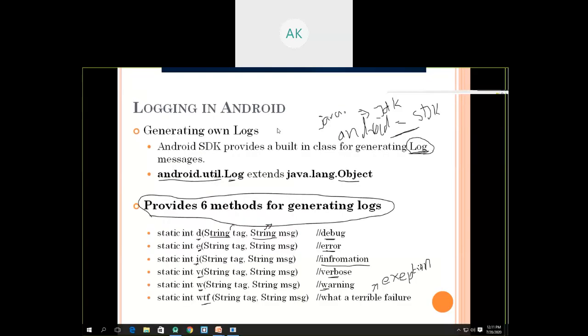Yeah, I think there is no doubt here. So my suggestion is that today you create one app and generate various kinds of log messages by making use of these methods.